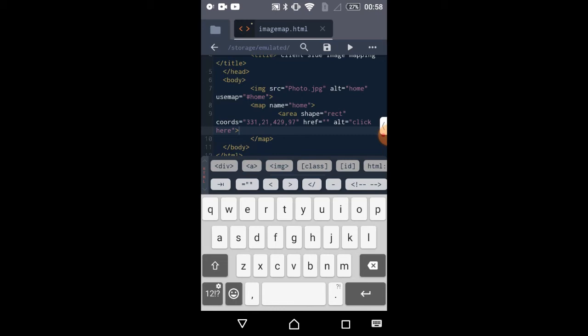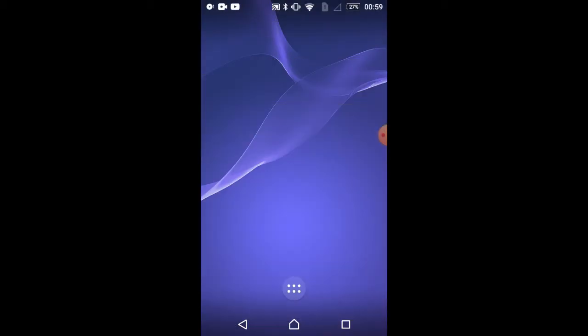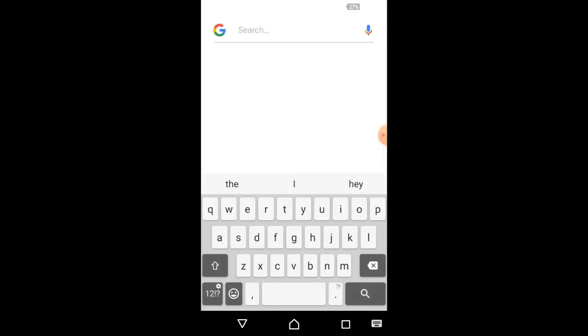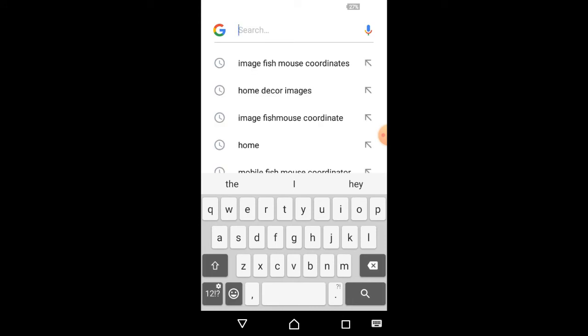To write in href, as the book has mentioned, we have to navigate it to a local web page. Right now I'm not having a local web page in my mobile phone, so I'm just linking it to an internet website. I'm just opening Google by going back, and I'm searching for any website you can search. I've given it to a rectangle, like it is a frame, so I'm searching for a frame.